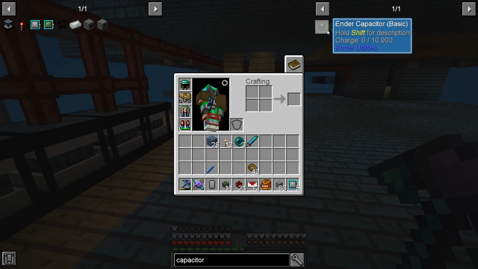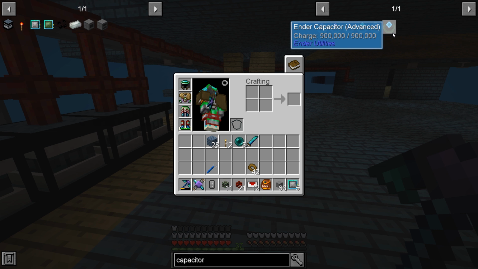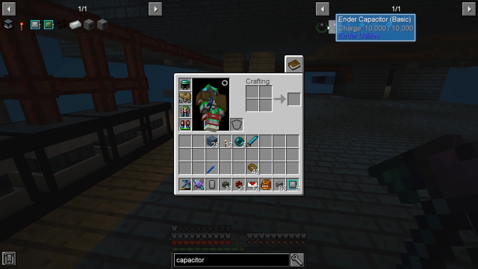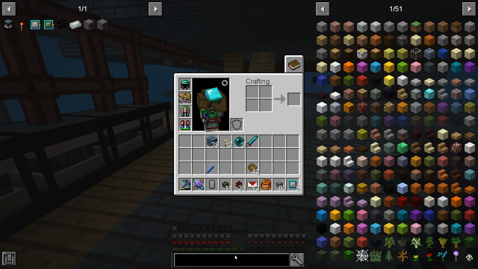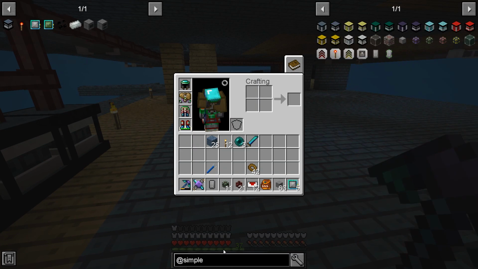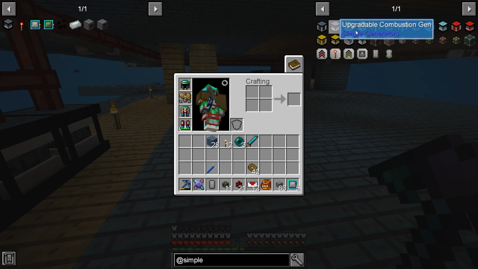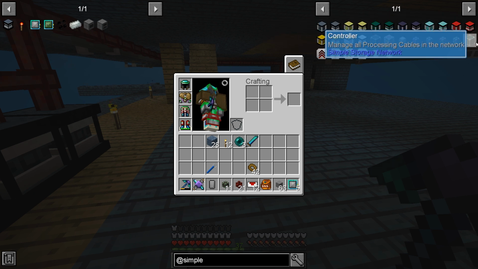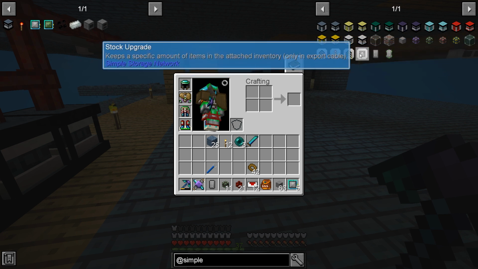Okay, are these capacitors? Ender capacitor. Advanced. Under utilities. Is this what I'm looking for, or do we want just a battery? I guess first question is simple generators. Simple storage. Okay, so it looks like the simple generators don't specifically have...